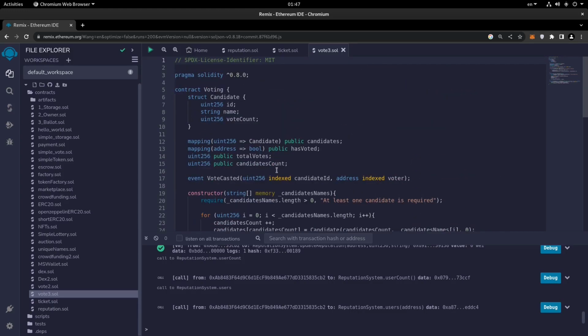Let's take a look at the events that we had: the vote casted event, which would get the candidate ID and the voter, right? So the address of the voter here matters, and also the candidate ID. So the message sender should be able to give the reputation only once for a specific candidate ID, or any specific ID of the users, right? So we can just copy and paste this one right over here